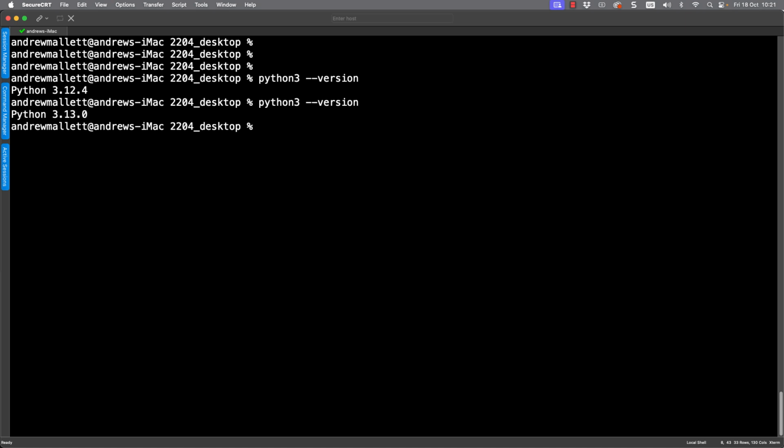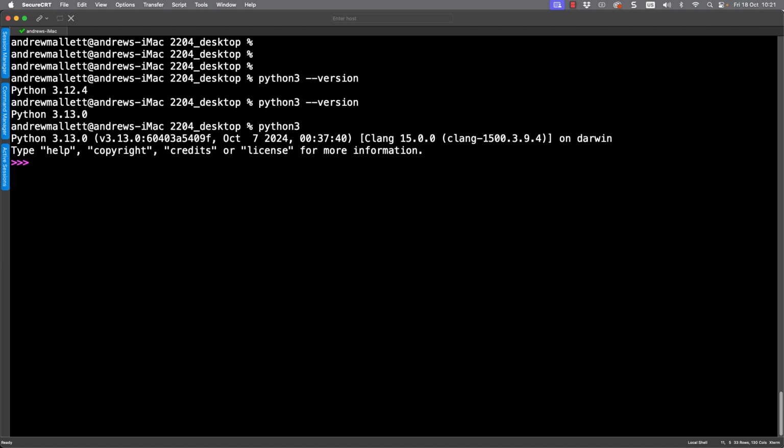But whilst we're working at the command line, it doesn't matter whether we're working at Windows, Linux, or macOS. If we make a mistake and type Python 3 or Python, we're going to open up the Python interpreter. Now, we can work at this Python command line, but often people get stuck in it because to exit, we must use a Python function. So exit and then our parentheses. So just in case you make a mistake, let's make sure that you understand how you can back out of it.